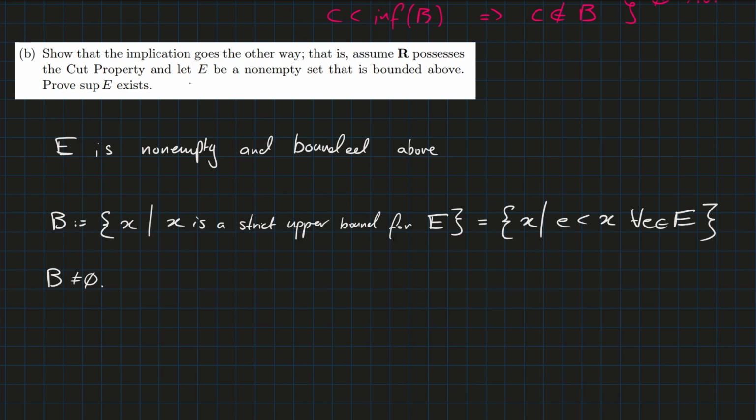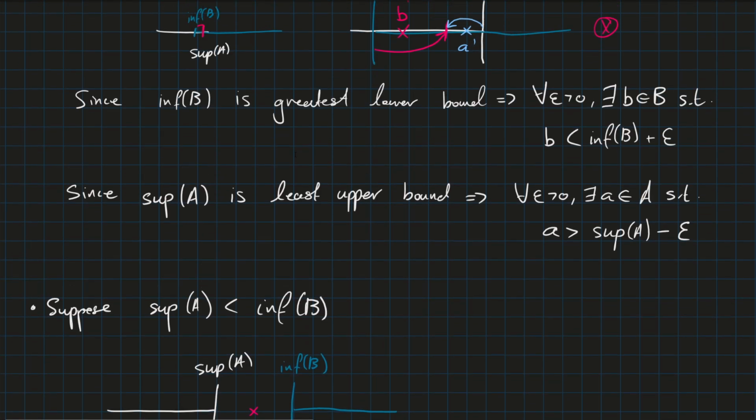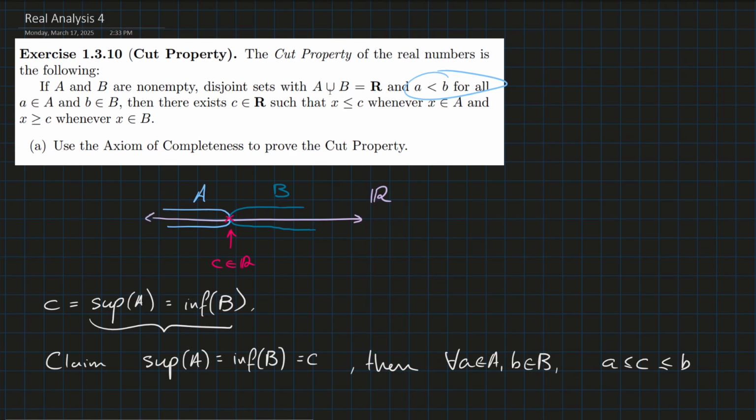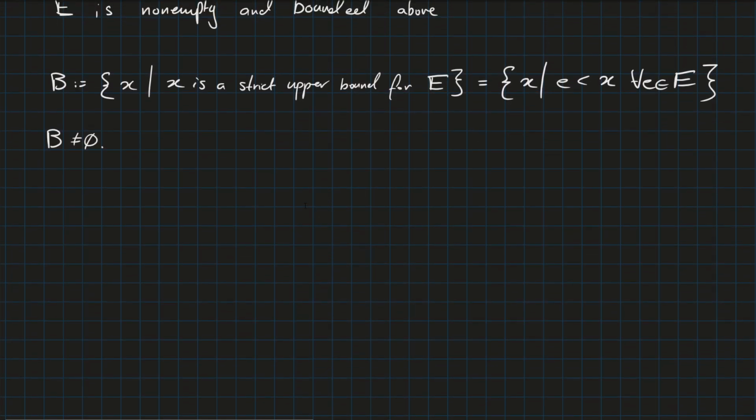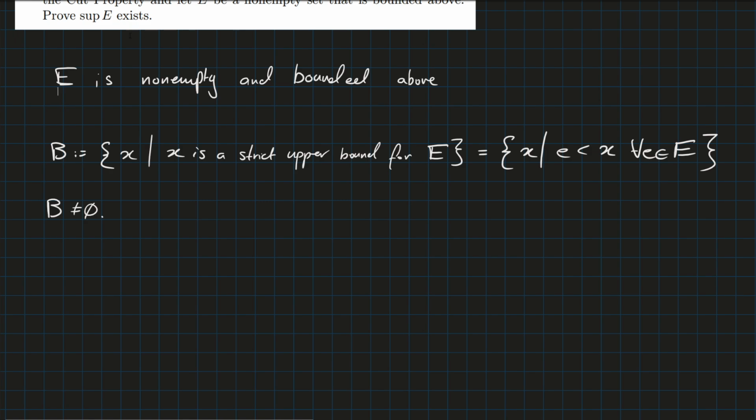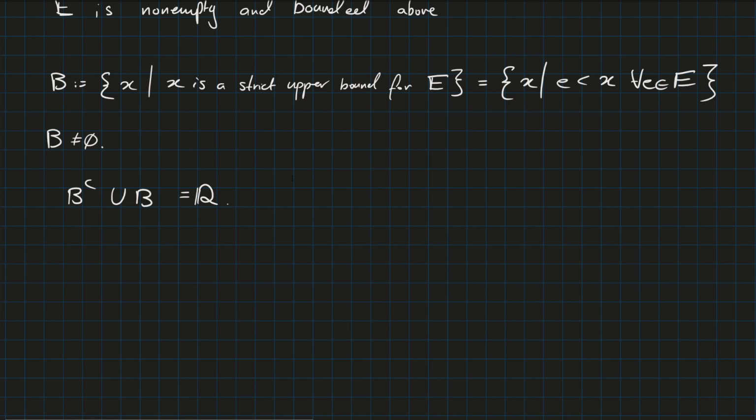And remember what the cut property is telling us. The cut property tells us that if we have two sets whose union is all of R, and who have this property that a is strictly less than b for all a in A and b in B, then we can conclude something. Okay, so, well, I know that B complement union B is equal to R, essentially by definition of